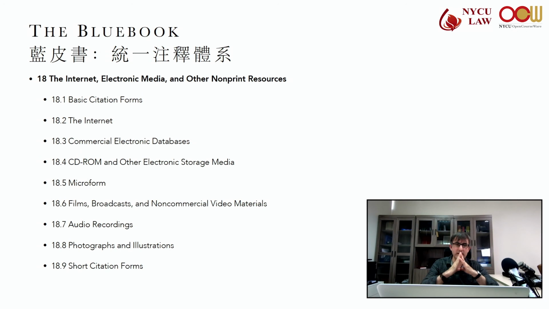If you're citing to a commercial database, use the unique database identifier, and there's an example here of a Westlaw. For CD-ROMs, microforms, films, broadcasts, you can use the short form. Check out Rule 4 for these, and I would check out the examples in Rule 18.9.